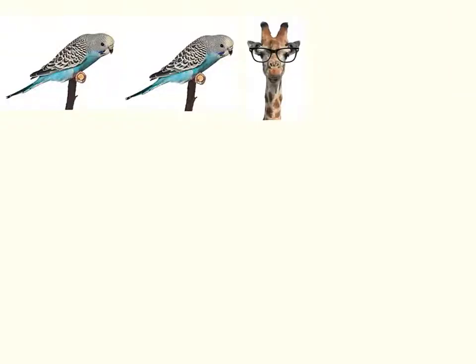Let's imagine that we own a pet store, and 2 out of 3 animals in our pet store are birds. We can write the ratio of the number of birds to the number of animals as 2 to 3, or 2 to 3 in fraction form. We could also represent this as a two-part model,